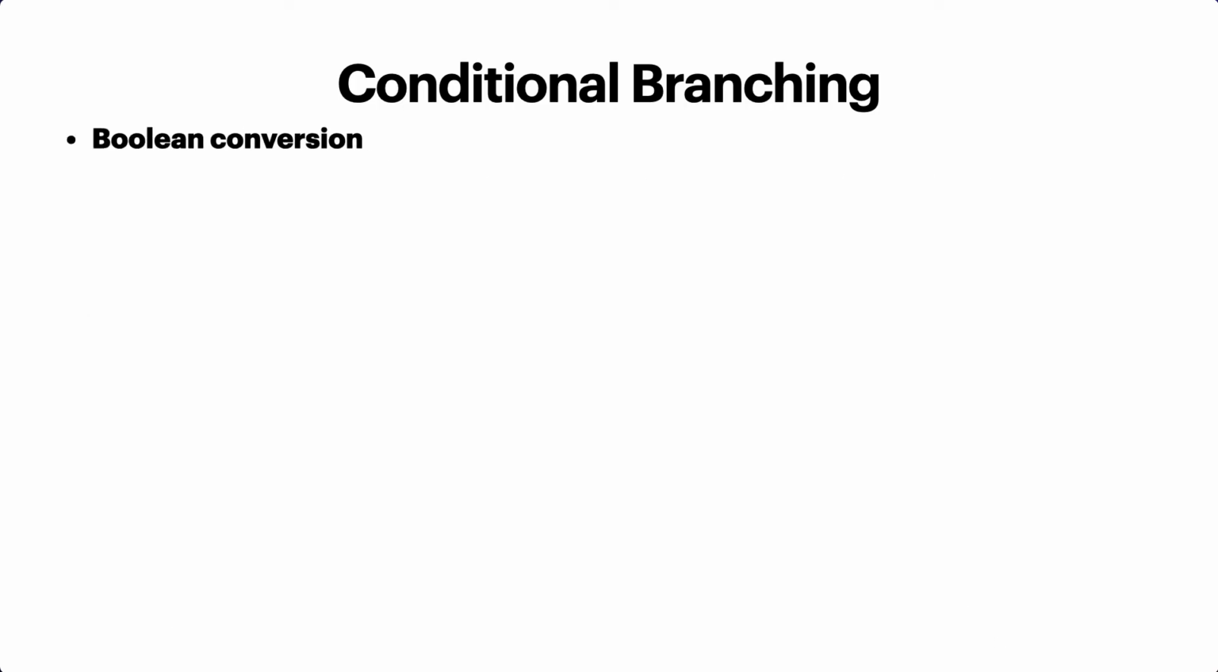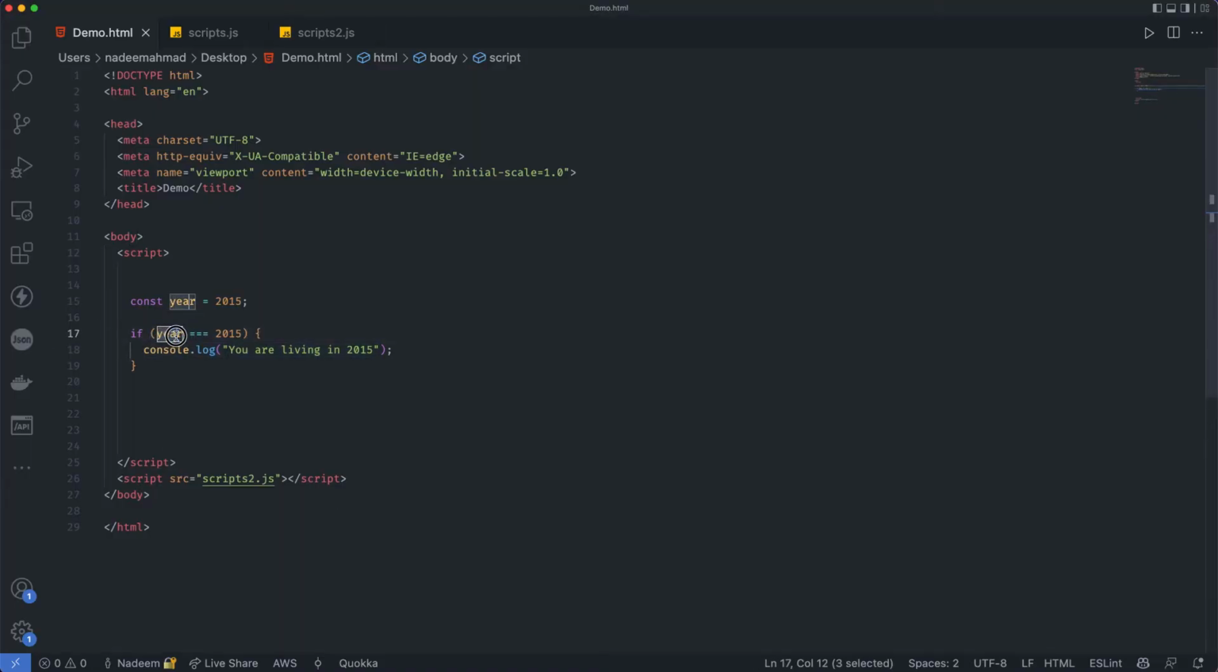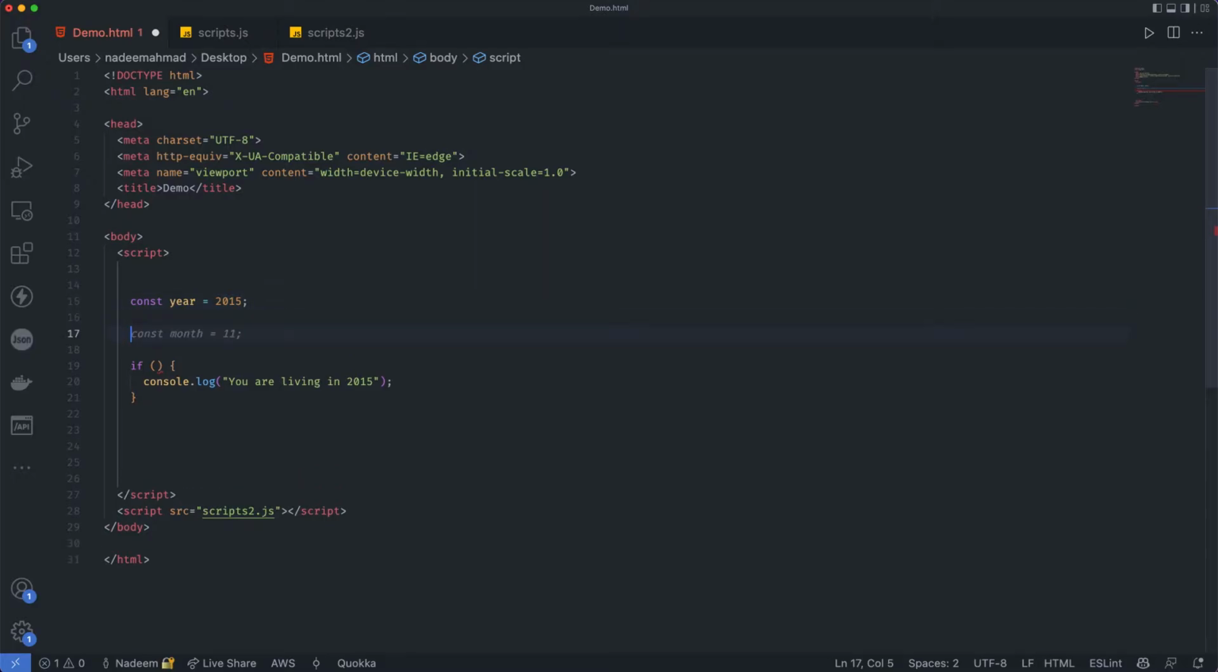Boolean conversion. So how it works: the if statement evaluates the expression in its parentheses and converts the result to a Boolean. So what happens here is whatever condition you pass here is basically converted to a Boolean. So we can also do something like this,